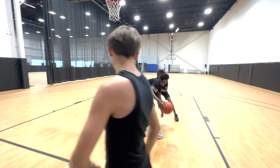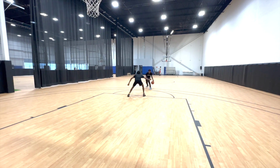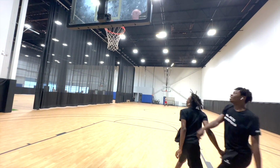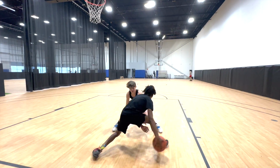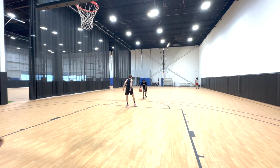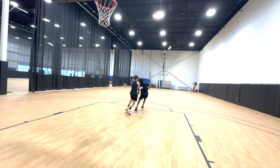Okay, so if you're trying to get your team more aggressive, these are some drills that you can run with your team. So first off, in this first drill, what we are going to be having is basically one-on-one. The ball handler has to get that ball to the three-point line, but he has to stay within the width of that key. Now, if that defensive player steals that ball, that offensive ball handler will then have to do